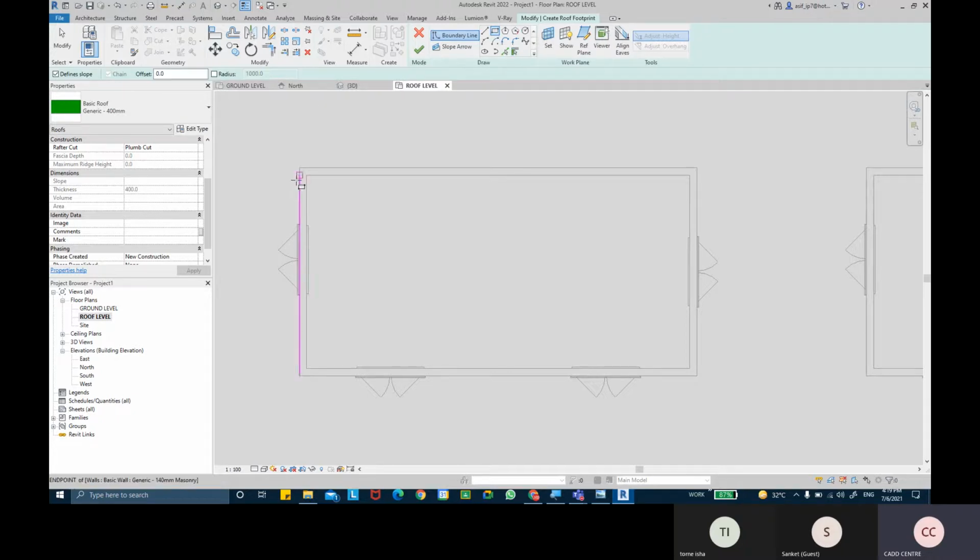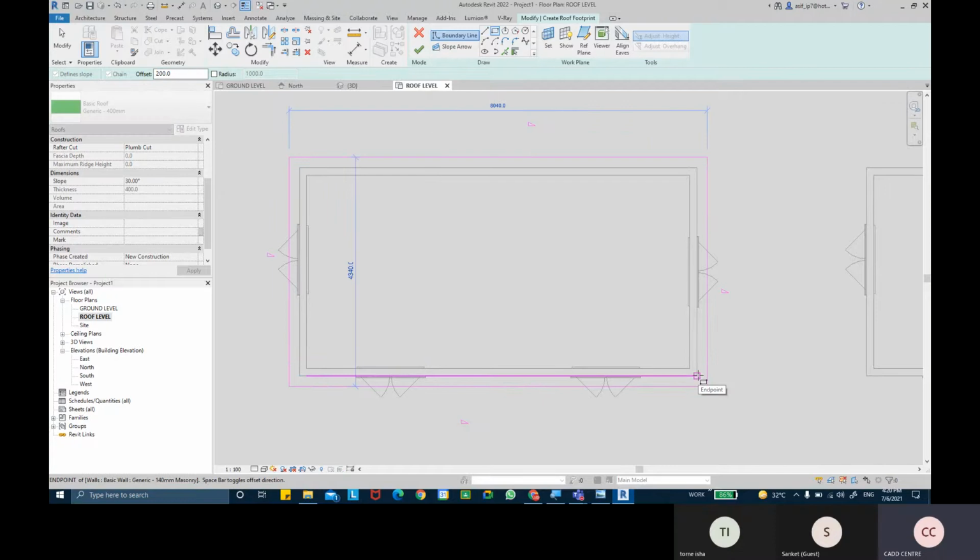And I want my roof to stick out a little, let's say almost 200 mm. So when I take the rectangle draw shape tool, I'm going to make sure that I provide an offset value. I'm going to give an offset of 200 mm, and I'm going to draw that from endpoint to endpoint.